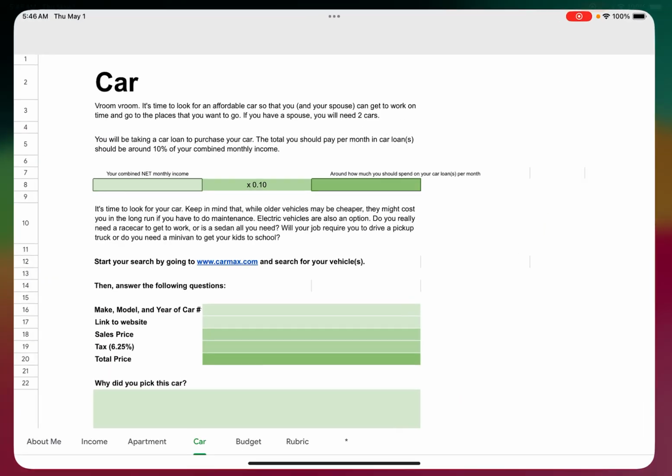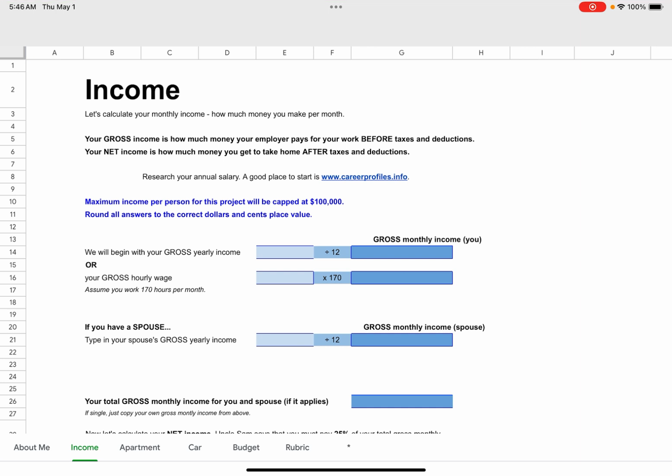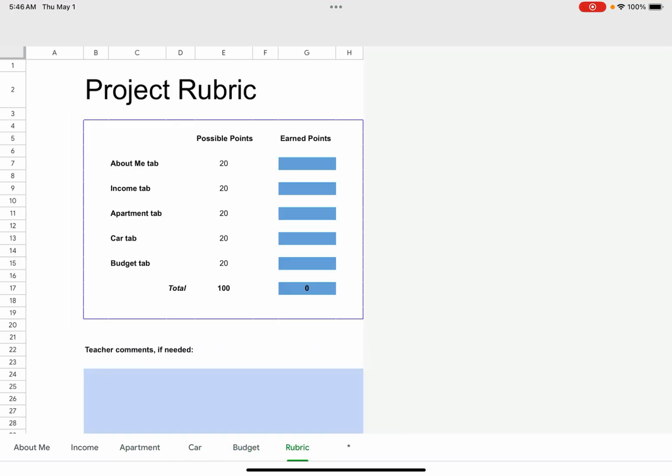So once again, expectations by the end of the class today: because a lot of y'all are going to be out for AVID, at least make it through the About Me and Income slide. I'm going to grade those first 2 tabs tomorrow during class. So if you don't have it, you get a daily grade of a 0. This is all a test grade. So please make sure you're doing it, and I will be monitoring GoGuardian.